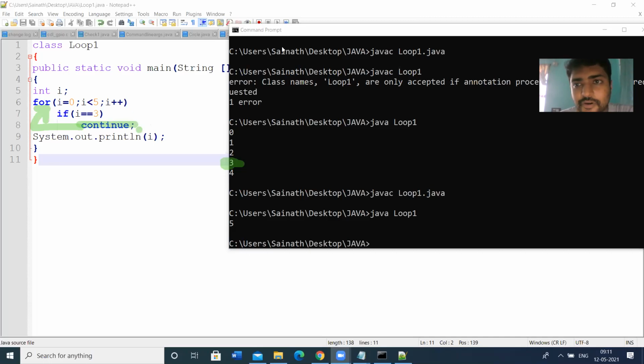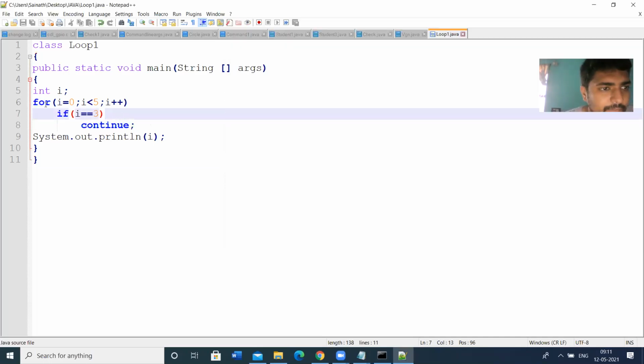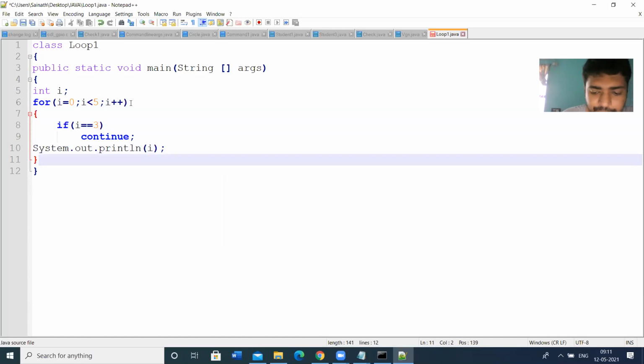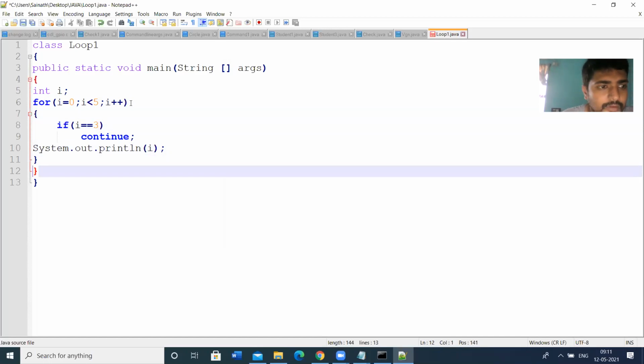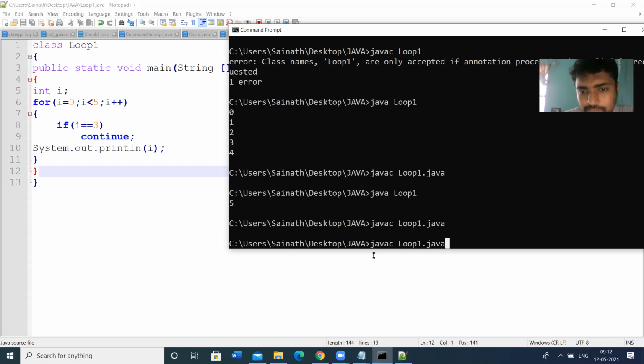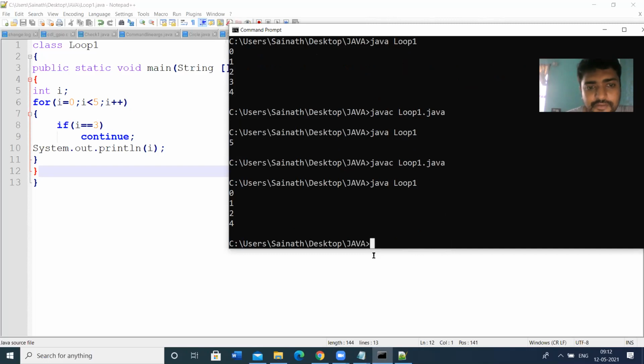Let us modify this. So take a block for the for loop. So this is the for block. Within the for, if i is equal to 3 continue. So let us check what happens. So this is the output.